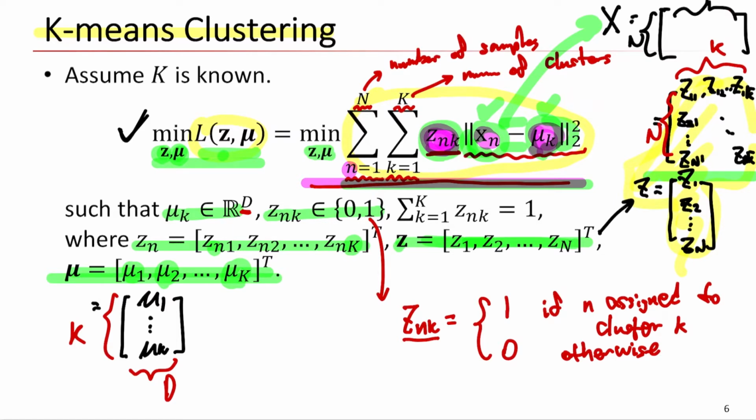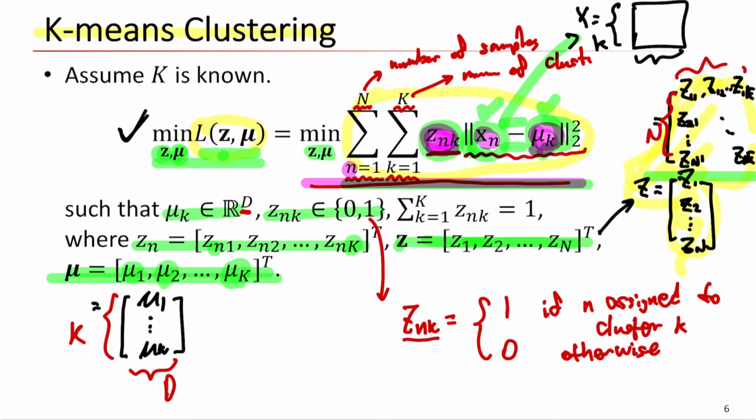N by, let's say, K by D, right? So K is the, what is that? Yeah, K is the, sorry about that. So yeah, x is the